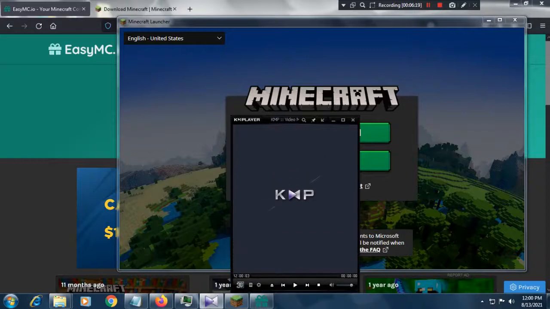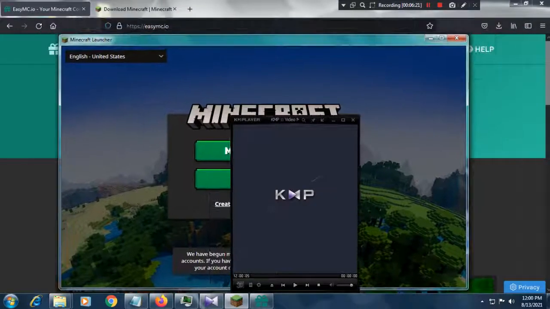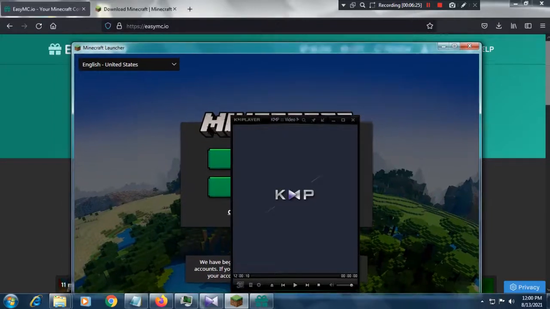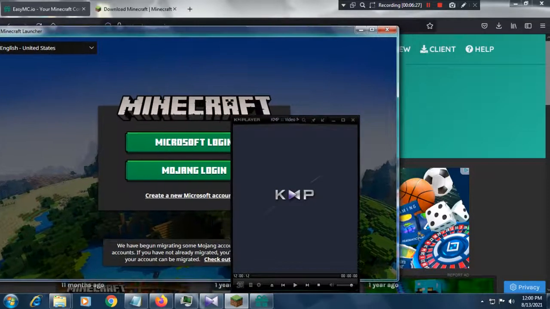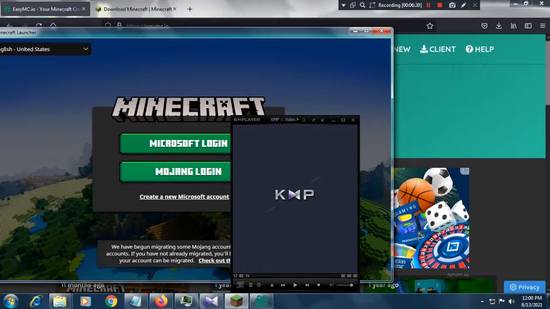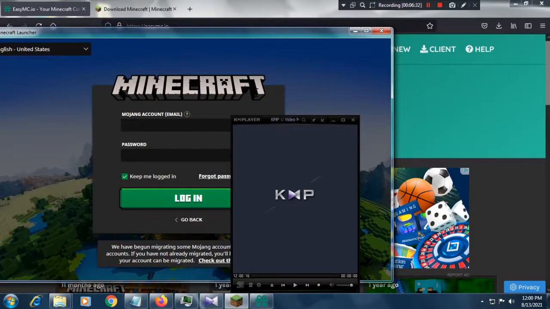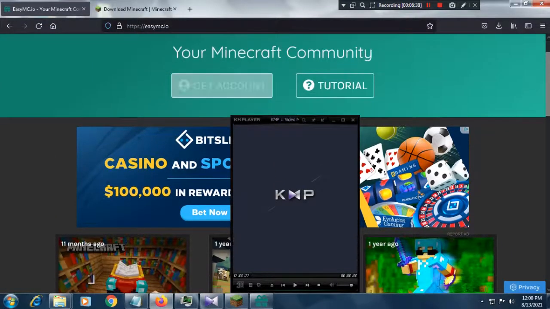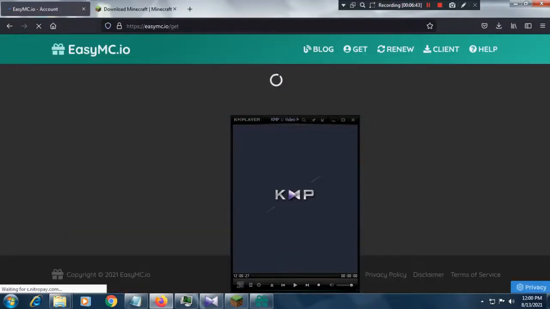I'm going to block my pad using my game player. Our video is going to be in Mojang login. Go ahead and click on Mojang login. Click on get account.